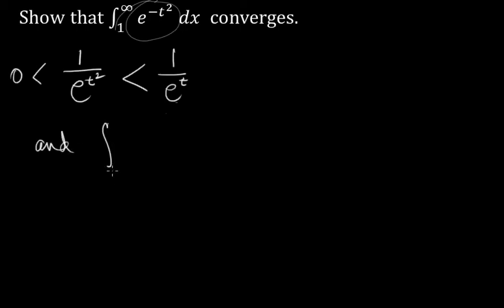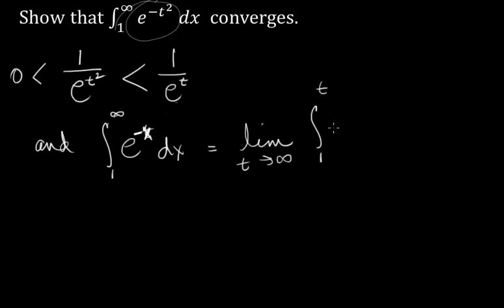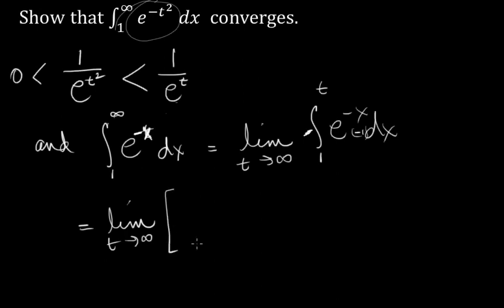So I would say this, and the integral from 1 to infinity of 1 over e to the t, which is e to the minus t, let's put x's in. Doesn't matter, but I'm going to use our definition. E to the minus x dx is equal to the limit as t approaches infinity of the integral from 1 to t of e to the minus x dx. Well, let's see, I need a little adjustment. I need a factor of minus 1 there. And now I have e to the u du. So this will be equal to the limit as t approaches infinity of, and now I integrate. E to the u du is e to the u. E to the minus x, and it's minus e to the minus x, evaluated between t and 1,